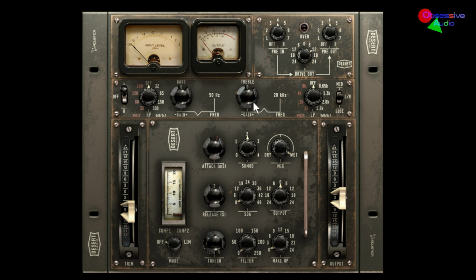Treble's at 20 kilohertz. The low end is at 50 cycles. And here, similarly, is the low pass filter. We can bring that low pass pretty low. Is that 0.65K or something? That's 650 hertz. That's cutting out a lot of top end,